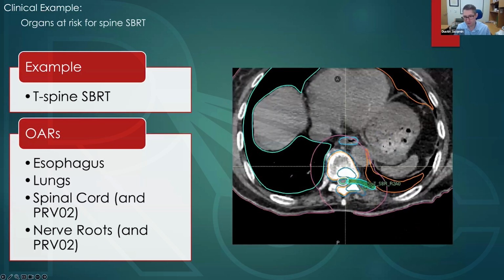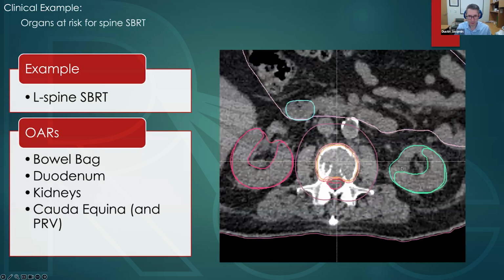Here we have a T-spine treatment. We have the lungs, we have the esophagus, we have a nerve root. I believe the stomach is contoured as well. I don't have that turned on, but the stomach is contoured as well as the heart. So, we're looking at all of these things here. Lastly, we have L-spine with the kidneys immediately next door. The physician drew the kidney cortex in addition to the kidney body. We have the duodenum, small bowel. So everything in the vicinity here has been contoured for the purpose of assessing dose to the patient's